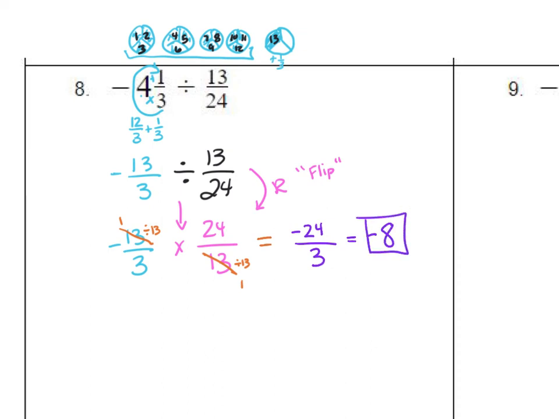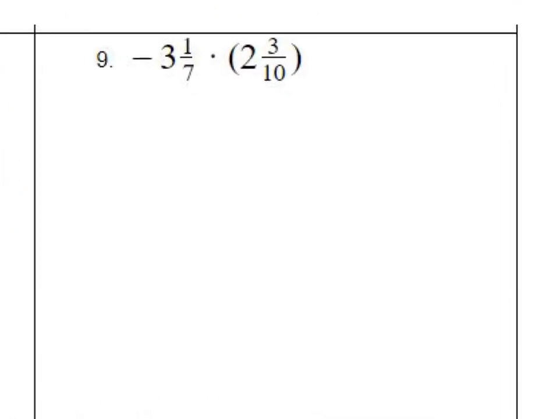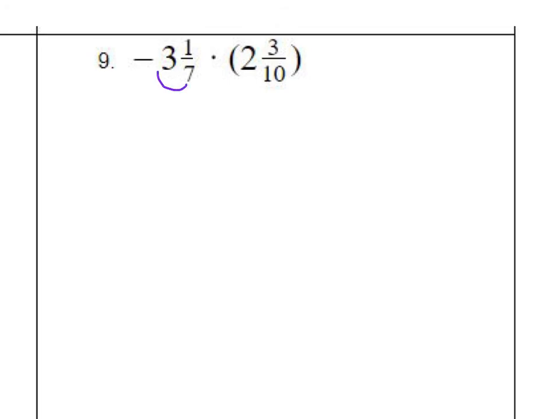Let's go to the next question. Question number 9. Same thing. This time I'm multiplying. I need to change my mixed numbers into improper fractions. So I'm going to multiply and then add. So 3 times 7 equals 21. Plus 1 more is 22. So I have negative 22/7